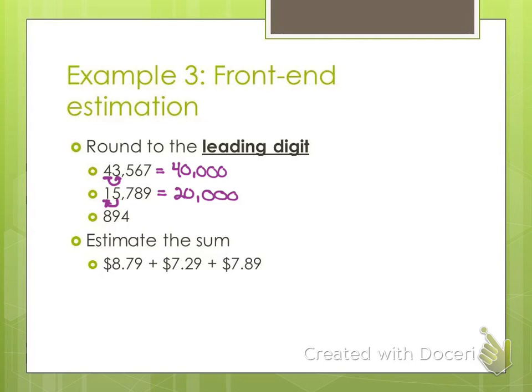What about 894? Rounding now to the leading digit, very good. So the closest 100, it's going to be 900. So how does this apply? Whenever you're